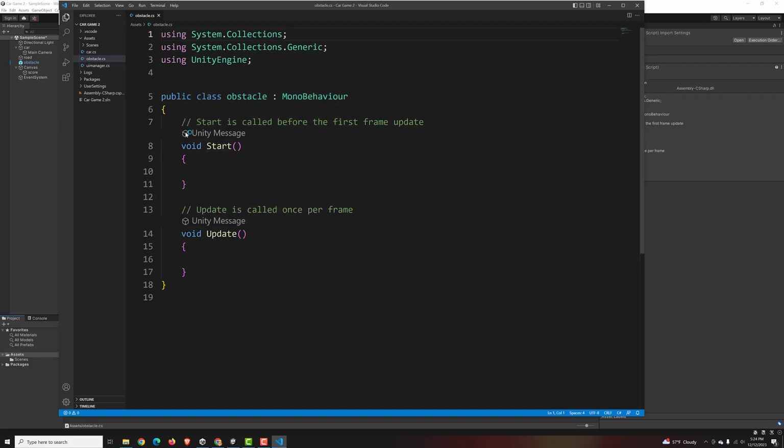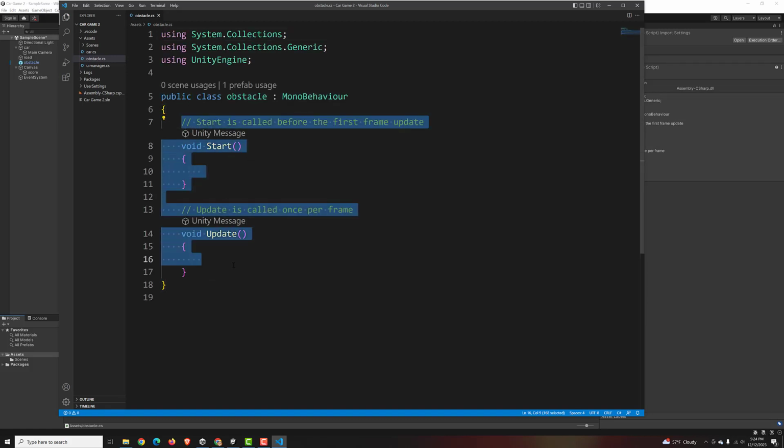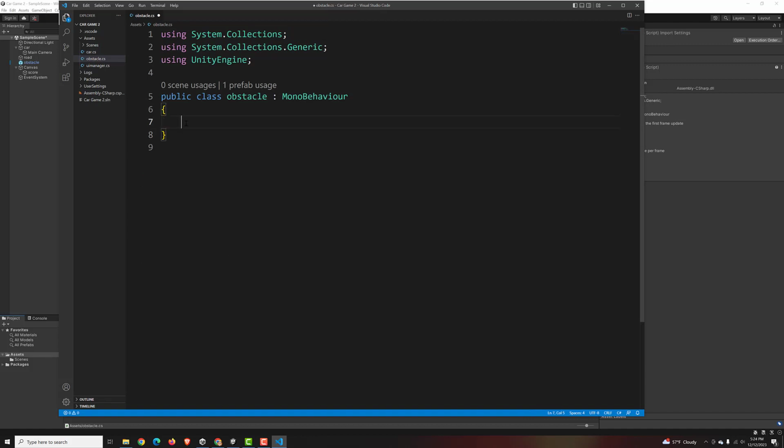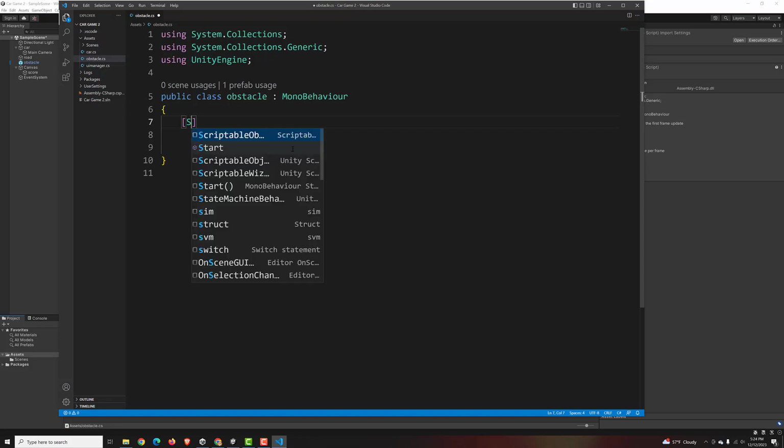And we are not going to need the start or update functions on this. So I'm going to delete those, but be careful not to delete the curly brackets for your class. Then the first thing I need to do inside the class is I need to connect the car script to this class, because it's going to need to call our penalty function that we just created, and it's going to need to know where that script is at. So I'm going to create a serialize field to be able to drag the location of the script in. So serialize